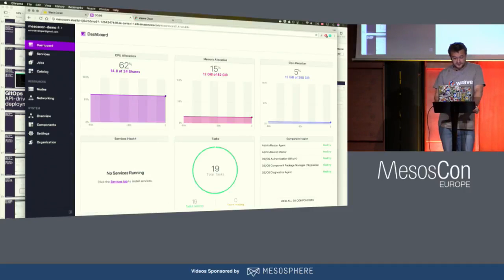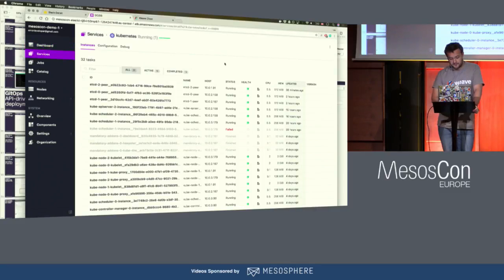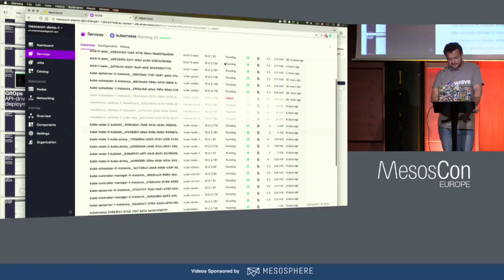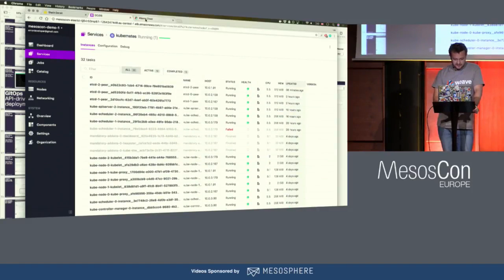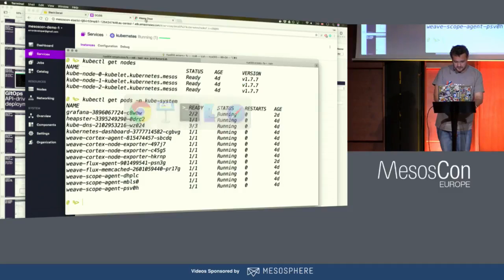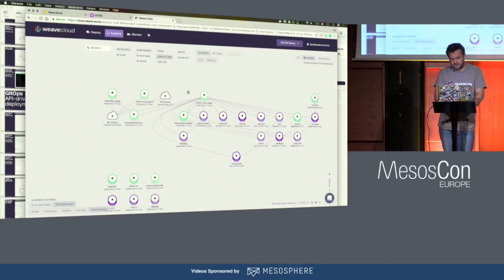Okay, so I'm in DCOS. I can see I have Kubernetes installed. I'm running the latest version of Kubernetes. It looks fairly happy, and I can take a look at it. I've forwarded the port earlier, and here I've got my Kubernetes nodes, and some pods in the system namespace. Amongst those, I can see some pods with the Weave prefix. Those are all the Weave Cloud agents, and hence it looks like the status is all good. So I should be able to use Weave Cloud now.